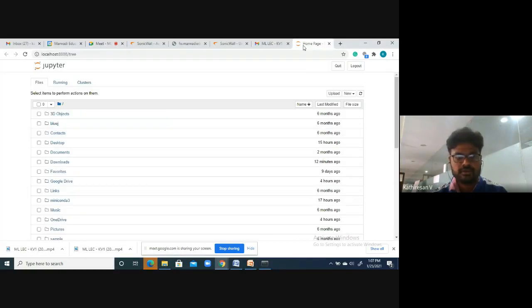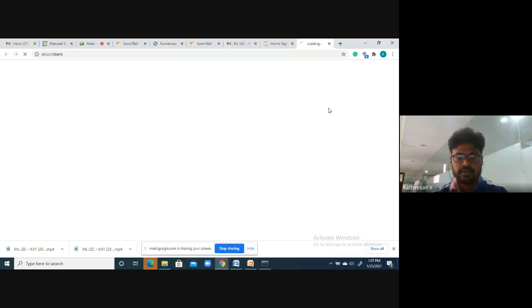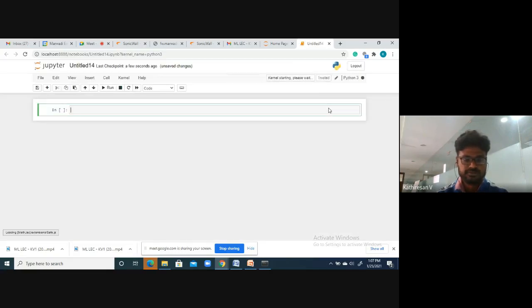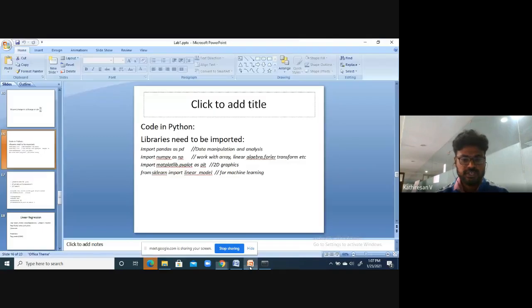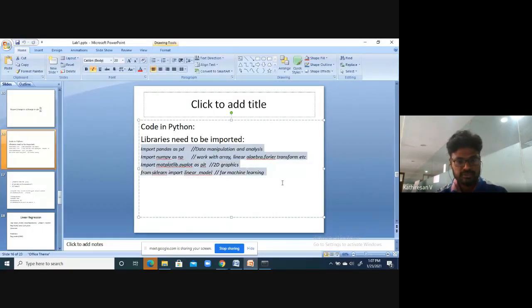Here I am going to open a new notebook in order to execute the code. Initially I am simply copying this code to do the import operation of all packages.